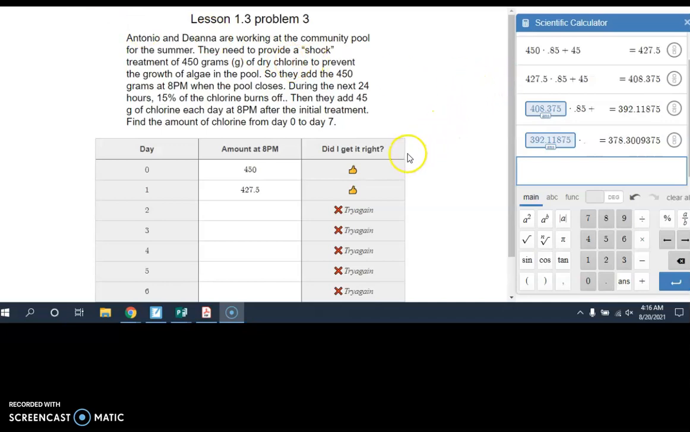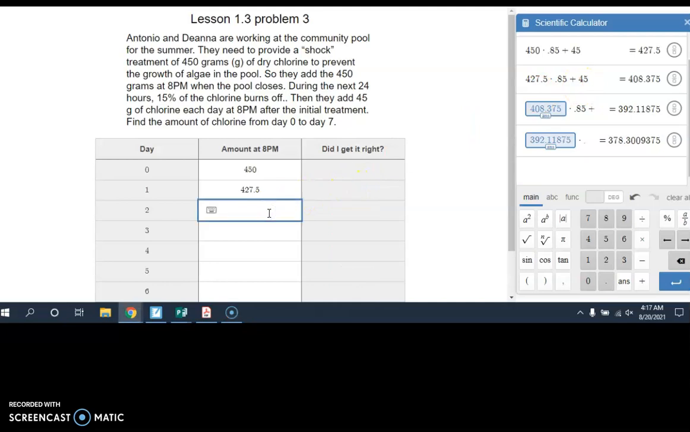As we talked about 2 days ago, to get to the first answer, or U1 answer, we have to take the initial answer 450 and multiply by 0.85, because we're losing 15% of the chlorine burning off, which means 85% of it is still there. Then we add 45 more grams, because that's the amount that is being added every day at the same time. So in this case, based on the table, at 8 o'clock p.m. If I take the 427.5 answer, do the same thing, multiply by 0.85, then add the 45,